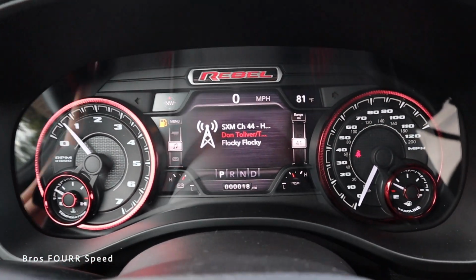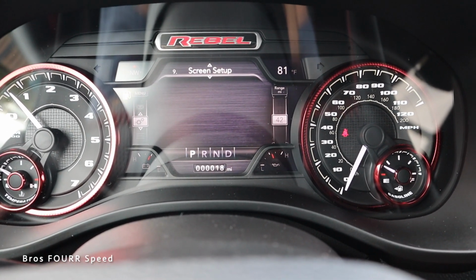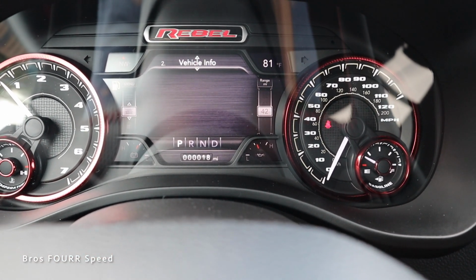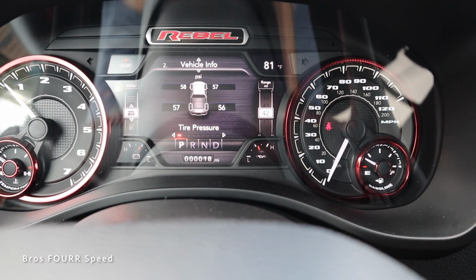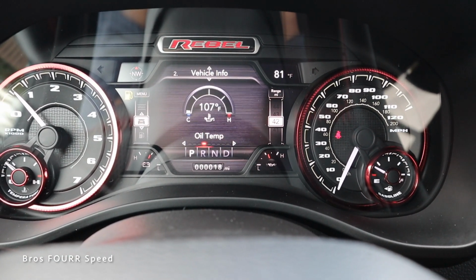If we go ahead and take a look at everything now, I can scroll down through this left side. You can see some messages information. You also have the screen setup that will come up. We have a digital speedometer. Underneath that, there's vehicle information. You can scroll left and right for this menu. You can see tire information and a lot more things that will come up about how the vehicle is running